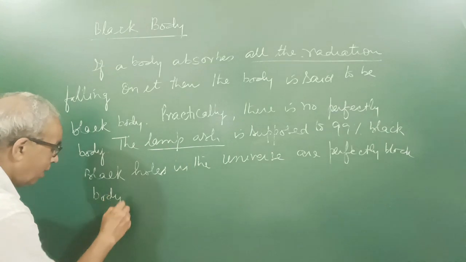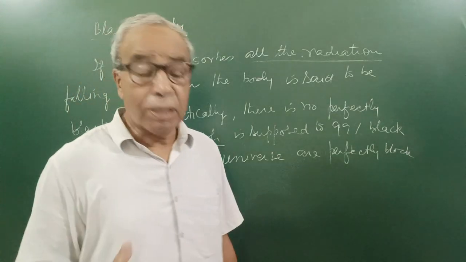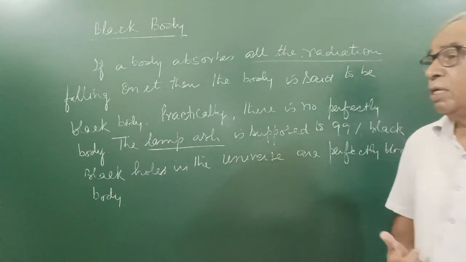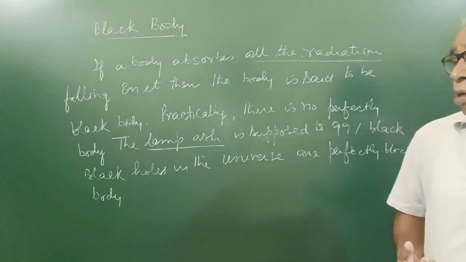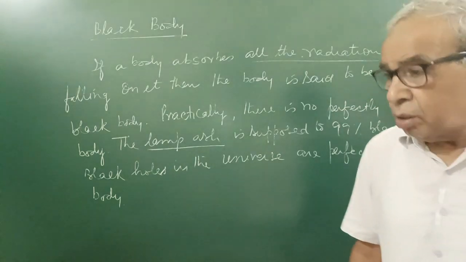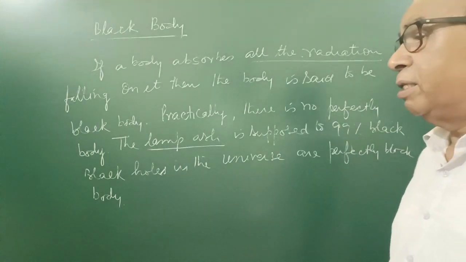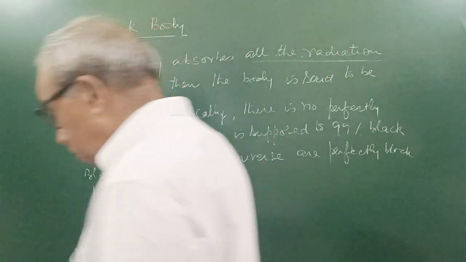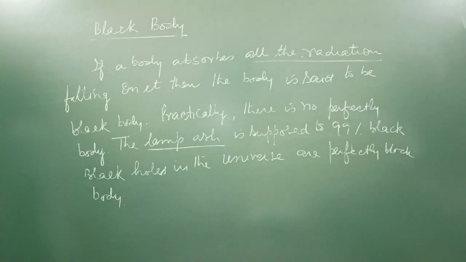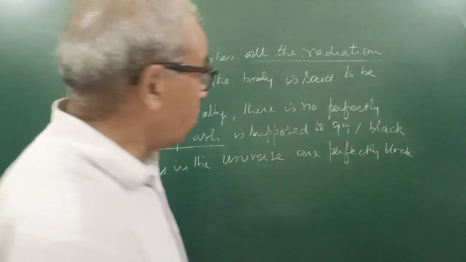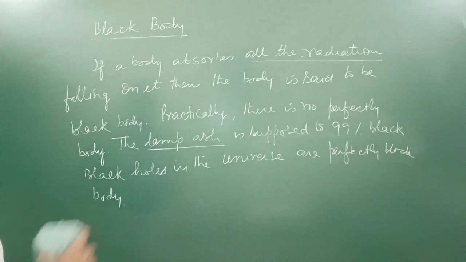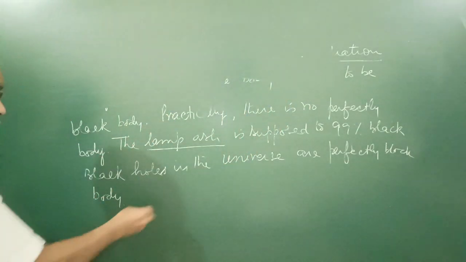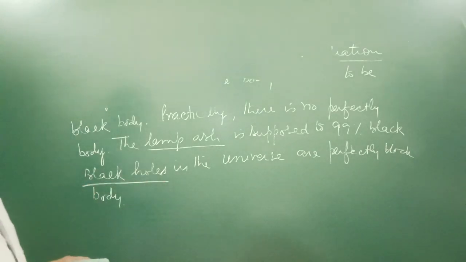I told you that black bodies are those which we can't see. Then how is the presence of black holes in the universe detected? That is detected because of large gravitational pull. Because of large gravity, we can observe them. But for practical purposes, I think you understand black hole. The student now knows what a black hole is.